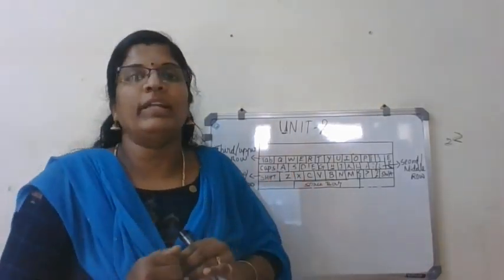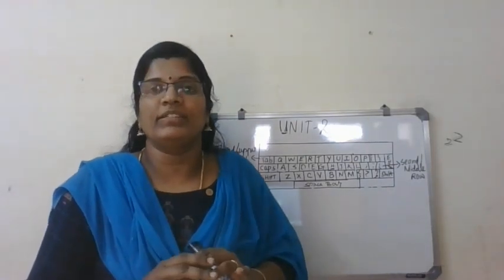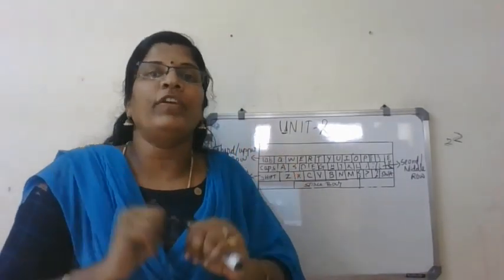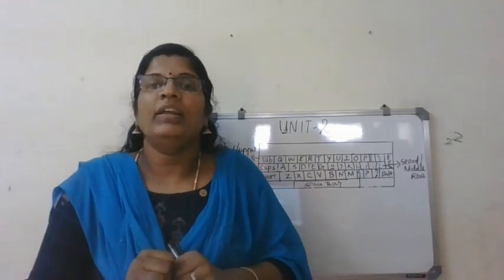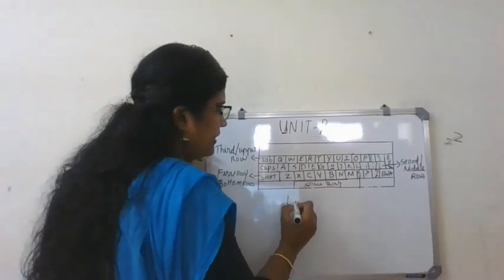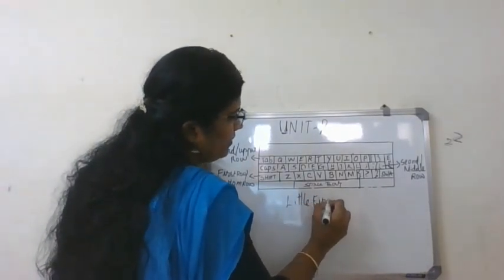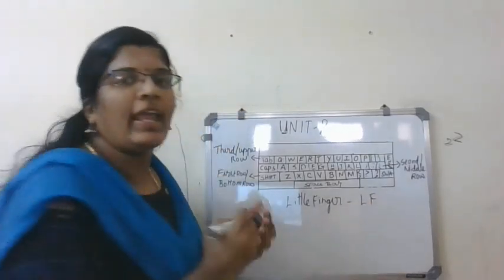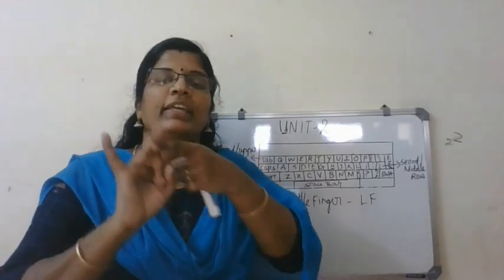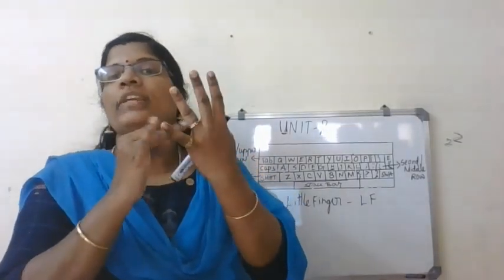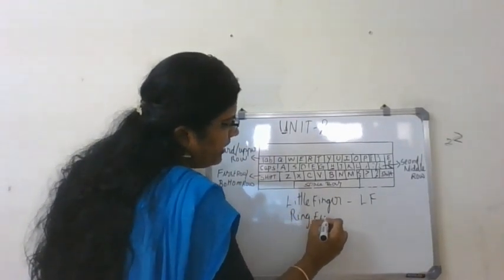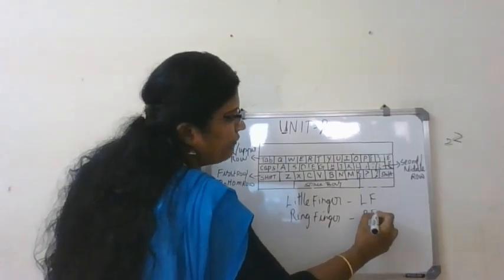Okay. Then when you type from the home keys, that is from the middle row to the upper row or to the bottom row, how do you place your fingers? Four fingers are there, and we are using 4 fingers from the left and right hands, right? So this is called little finger, which will be denoted as LF. And this one, ring finger. We used to wear rings, right? So this is called ring finger. It's called RF.